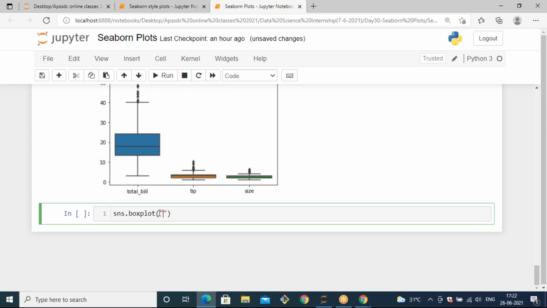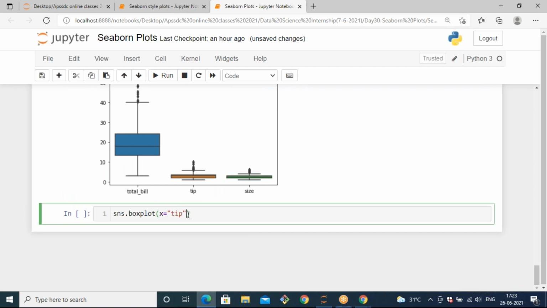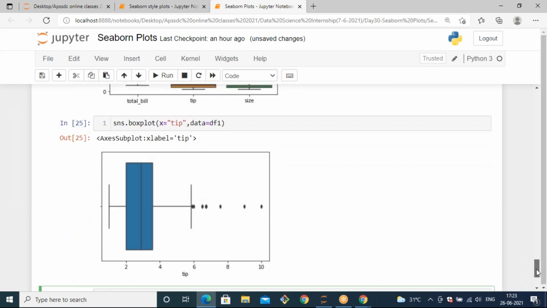So let's take boxplot with x equals tip. I'm not taking y, I'm just defining data. So it will generate a box plot based on the tip.